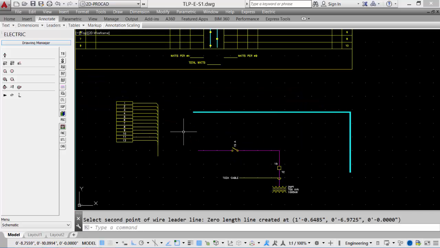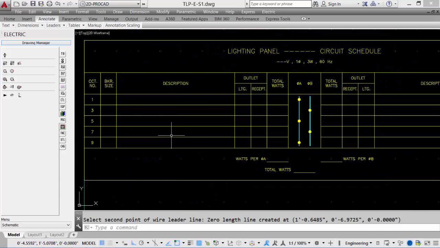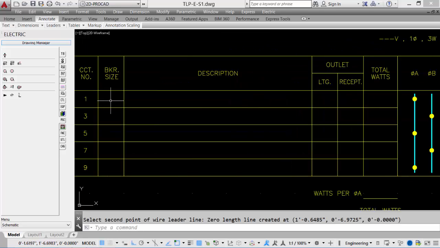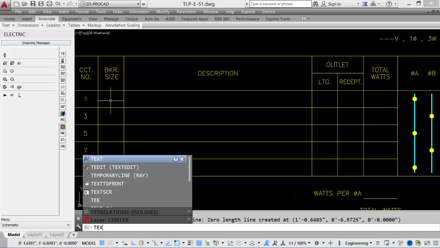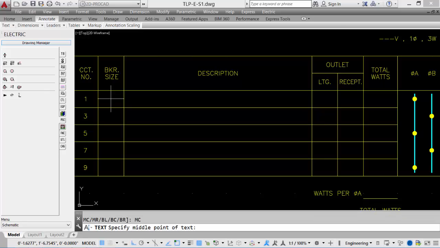Other areas where we can just add normal text are things like once we've put in our lighting panel circuit schedule, we can start to add in information filling in our little table. So for instance, the breaker size, we can just use the AutoCAD text command, set the justification to middle center, pick the middle center of the box, the height is 1/8 of an inch, angle 0, and we can put